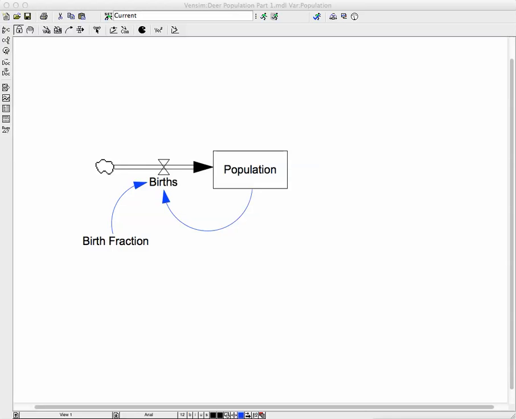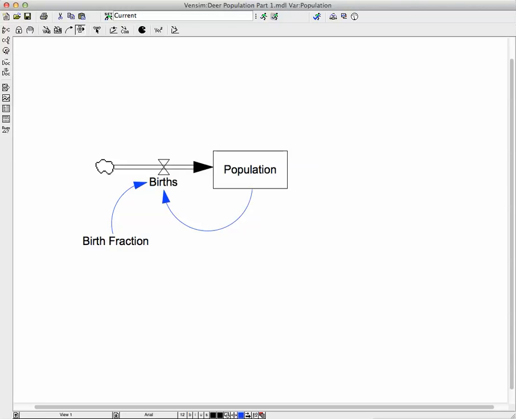This is the second tutorial in a series on population. This model is what we ended up with in the first tutorial. So we have births, population, and the birth fraction. And as you remember from looking at the other video, this is increasing at an increasing rate. However, this isn't complete because, as we know,